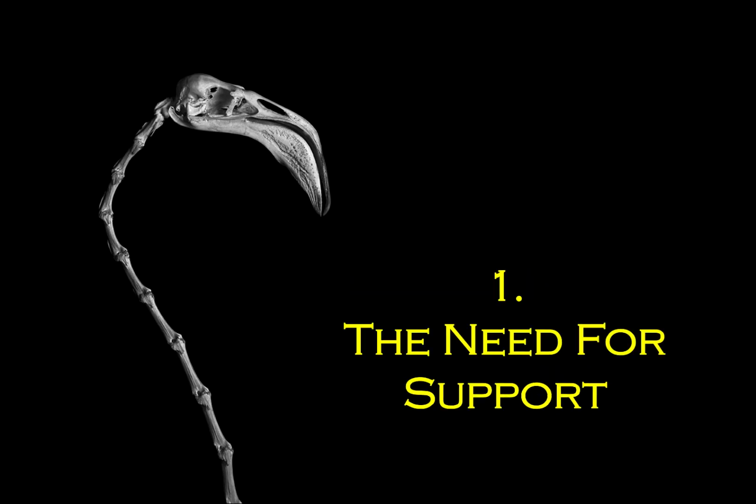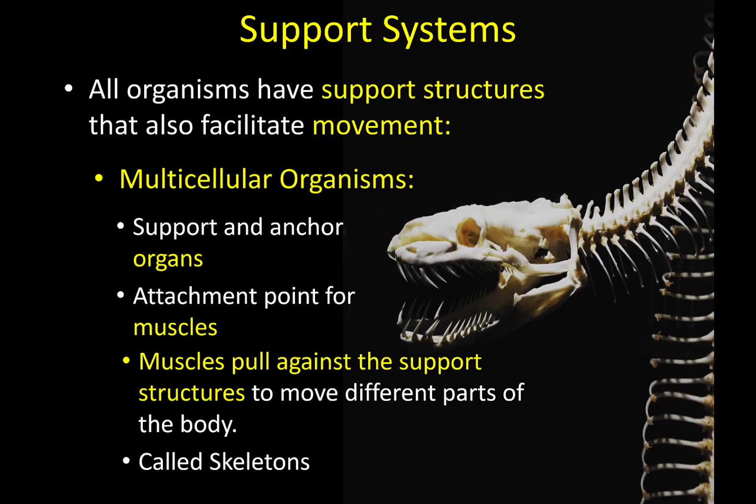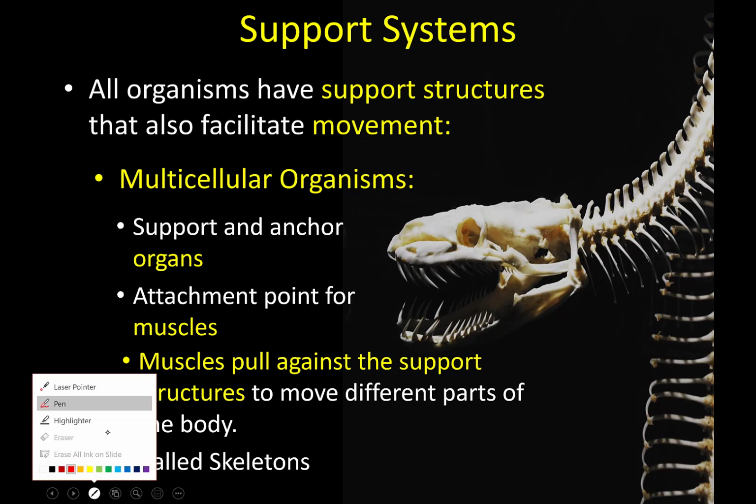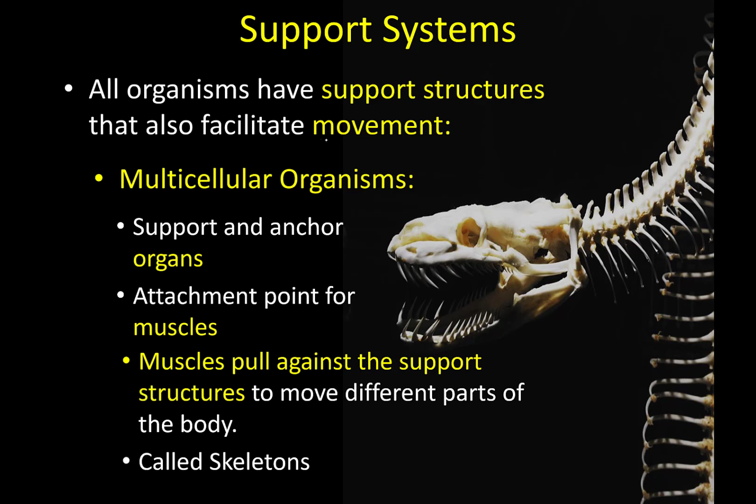Now, we're going to start our discussion with an overview of why support structures are necessary in the first place. All organisms have support structures which not only provide a scaffolding for the organs and the shape of the body, but they also facilitate movement, which is one of the most important and probably least appreciated functions of support structures in animals. Okay. Now, in multicellular organisms, these support structures support and anchor the organs, right, keeping them from bouncing